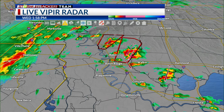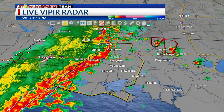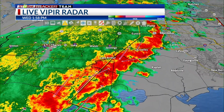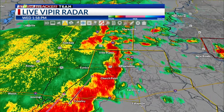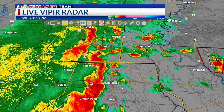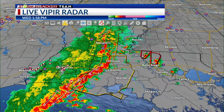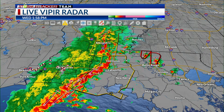These storms were going to pop up out ahead of the main squall line, which is still to the west of our area, stretching from about Cameron Parish all the way through Crowley, just west of Lafayette and Opelousas, Ville Platte, already seeing the brunt of it. And then, so first it's likely going to impact Pointe Coupee Parish, and then eventually starting to impact Iberville Parish over the next couple of hours as well. So this will be moving from west to east, and you can see we're already dealing with a bunch of